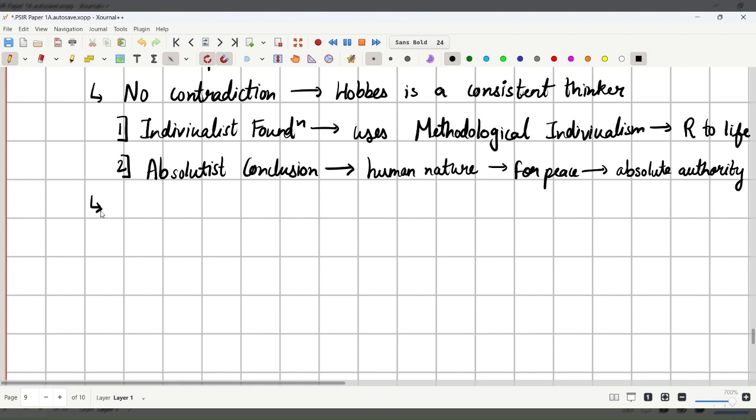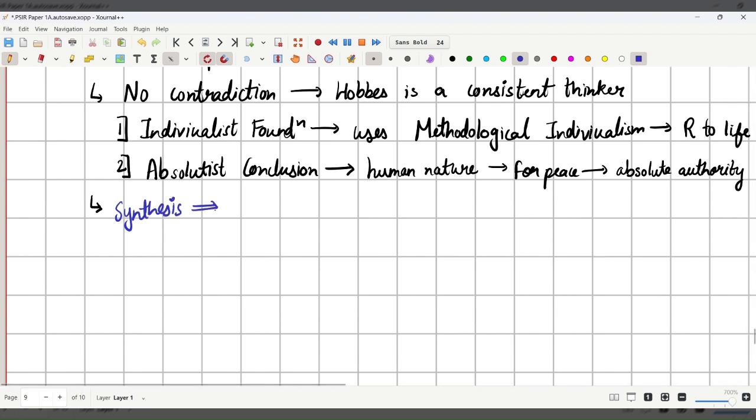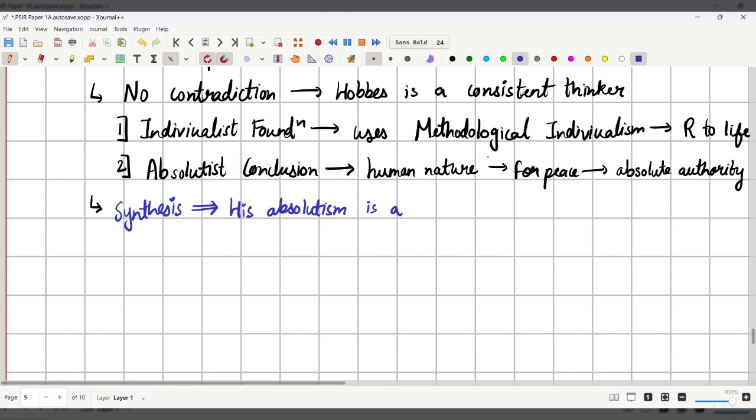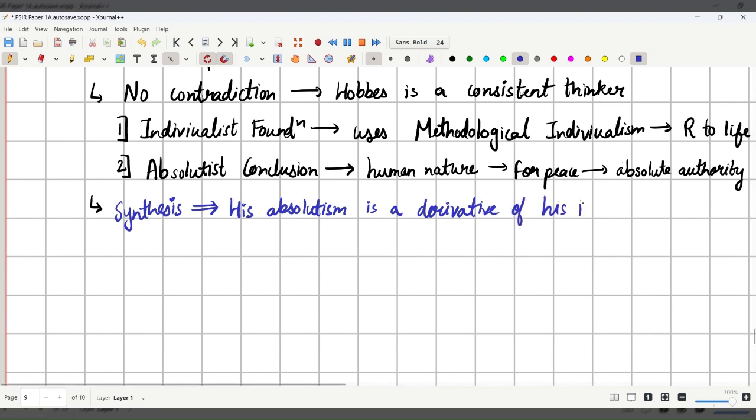then so basically then the synthesis happens. So what is the synthesis? His absolutism is a derivative of his individualism. Okay, so basically individuals rationally choose to be ruled by a total power, okay, to escape the state of nature. Okay, this is proven by the fact that if the sovereign fails to provide protection, the individuals have the right to resist. Okay,